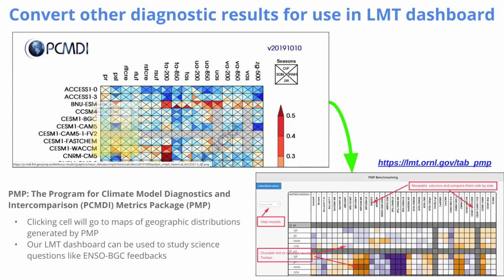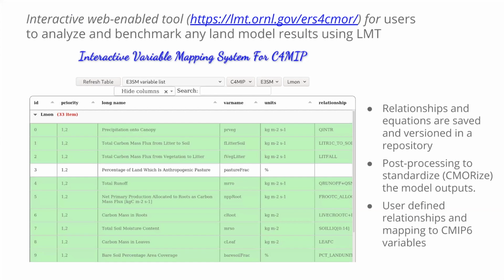Another thing that we've developed on the backside, the post-processing, is a way of trying to map our model output variables into a bunch of standard variable names that are used in these large collaborative activities like CMIP. And so there's a little tool here that builds the list of equations and processing and integration, spatial and temporal integration, that needs to be done to provide that set of output variables that we can then offer to the Earth System Grid Federation.